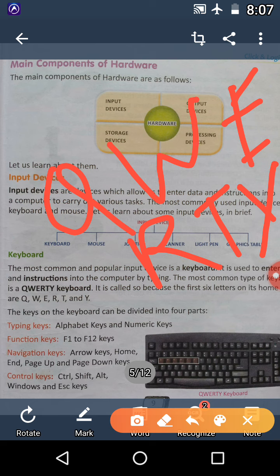The first line of the alphabet keys starts with Q, W, E, R, T, Y. These are the 6 letters, so it is called QWERTY keyboard.